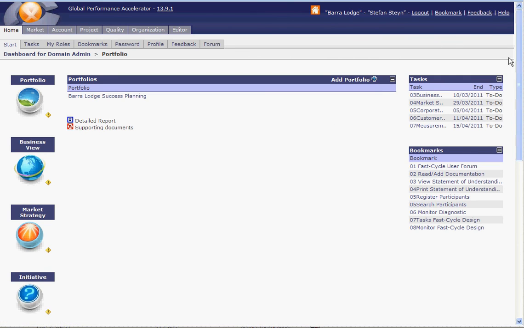Then here you have the tasks. You have seen you can create these with the project function, and here you have the bookmarks which you can create with the bookmarks functionality if you go there. So this is actually what is necessary, that you make it very easy for a new user to get started, that you personalize their particular dashboard for their functions.